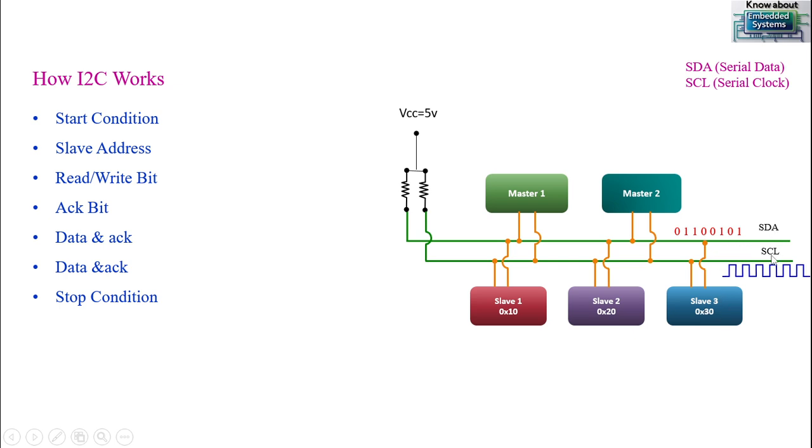And these two common lines follow the open-drain concept. On the other hand, these SDA and SCL lines are connected to the VCC supply along with pull-up resistors. Here we're using pull-up resistors to control the current and also to control the speed of the communication as well. If you want to start a communication, any one of the masters, master 1 or master 2,